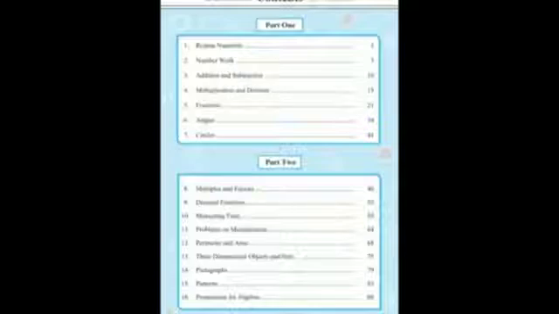Now students, this is the index part. Let us begin with a new chapter. Already we are studying from Part 1, right? We have completed 4 chapters: Roman numerals, number work, addition and subtraction, and multiplication and division. From today we are going to start the new chapter, the fifth one, that is fractions. So now let us study further the chapter on fractions.